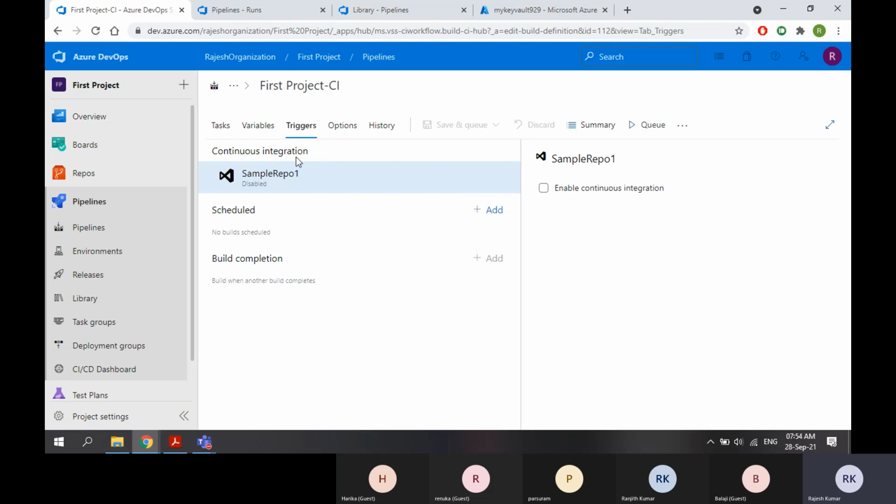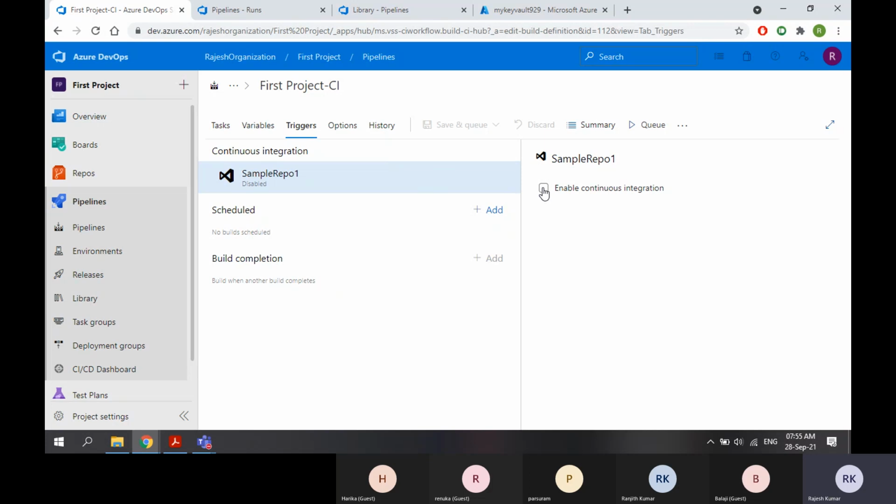So what is continuous integration? You already know continuous integration means whenever there is a change in the source code, you want to take the source code as part of the build. For that, the continuous integration trigger will help you. Now I am enabling this continuous integration trigger.